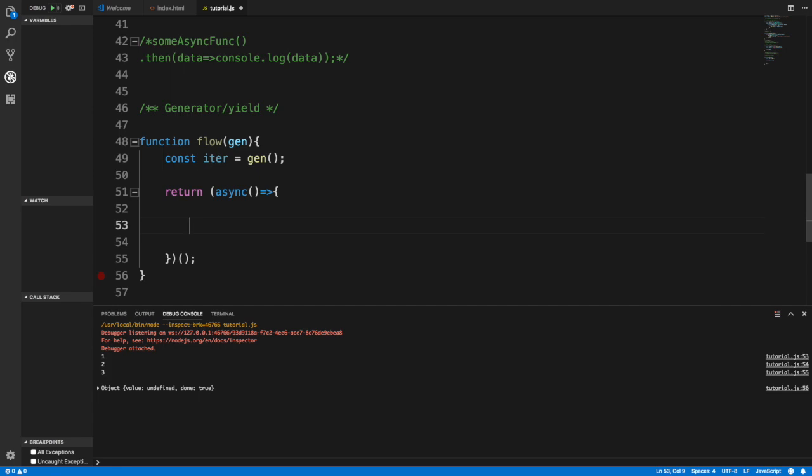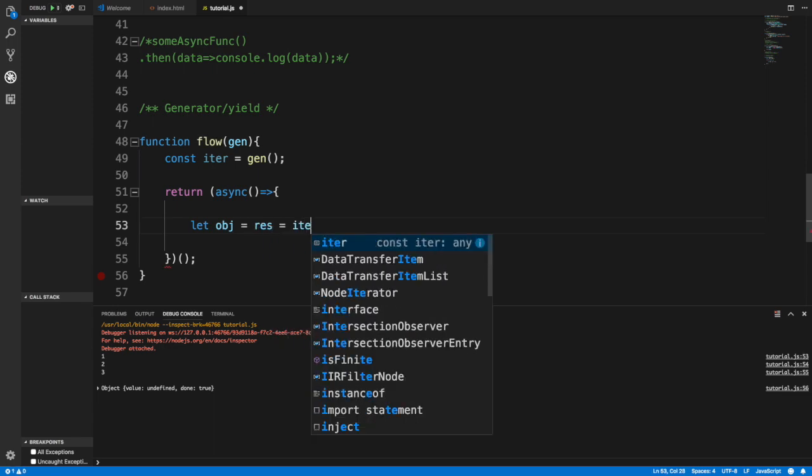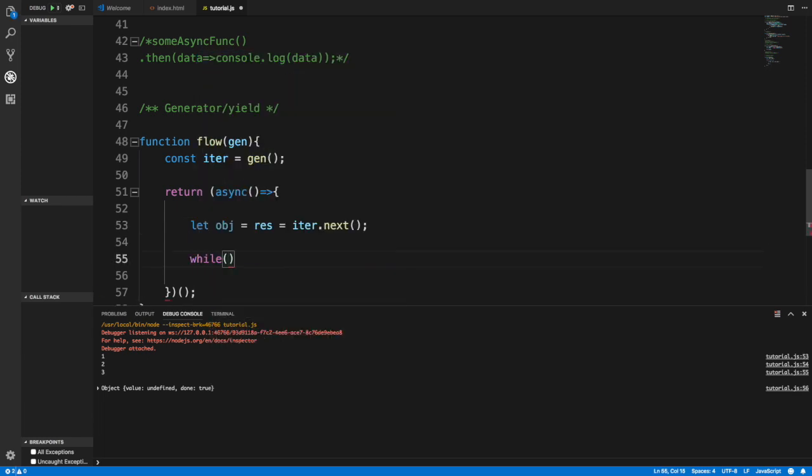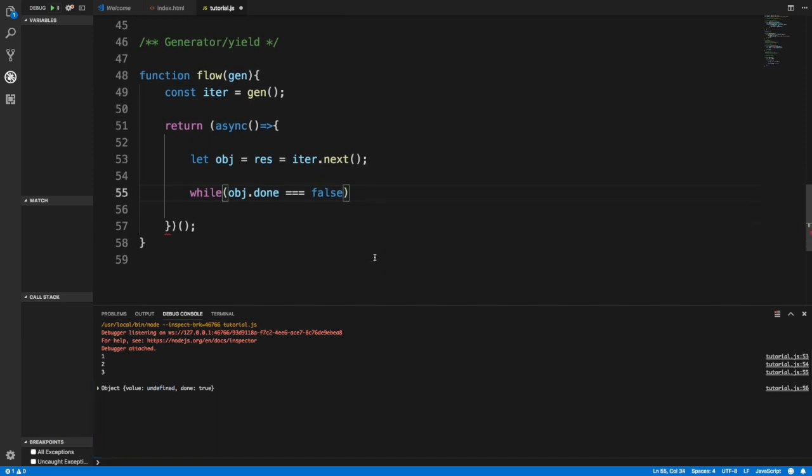And inside, what we need to do is define a few objects. So let obj, the result that's going to be returned, be equal to iterator.next. Now, while obj.done is equal to false, so remember, it returns an object, actually, undefined when done. While it's equal to false, the first thing we need to do is check if the obj.value is an instance of Promise. Because remember,